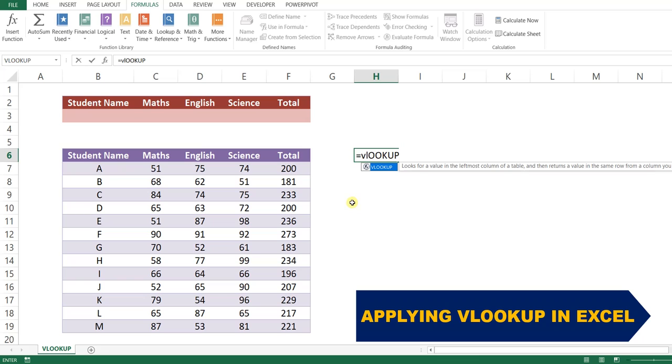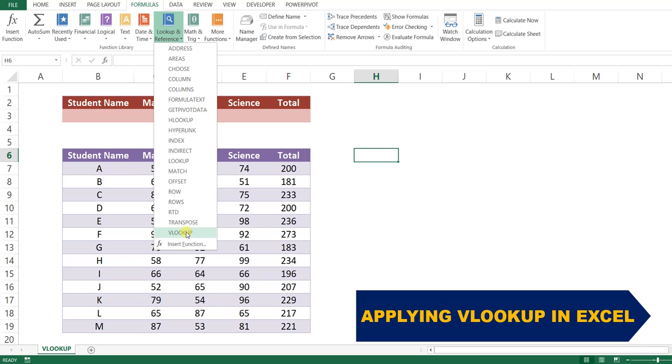Okay, you can see that one pop-up will appear. Double click on this and you can see there are total 4 arguments which we can apply in this VLOOKUP formula. So this is first method, and another method is that we have to go to the formulas tab on the ribbon, and under lookup and reference we can find the VLOOKUP.